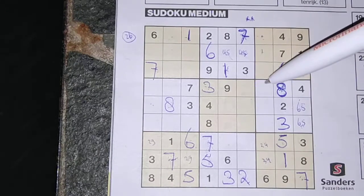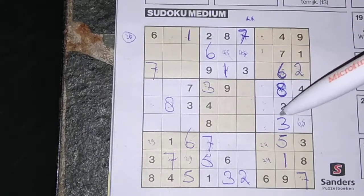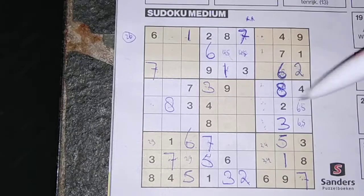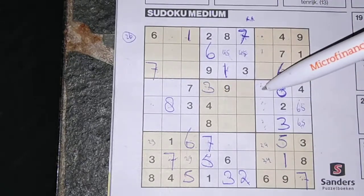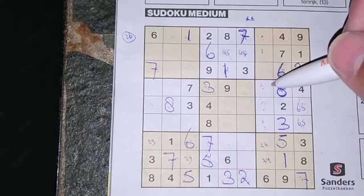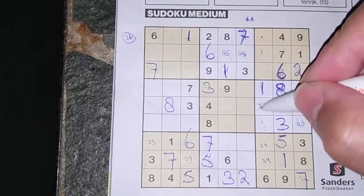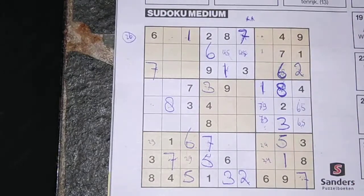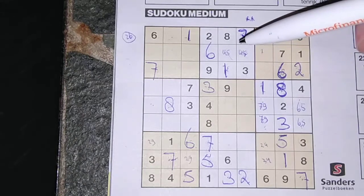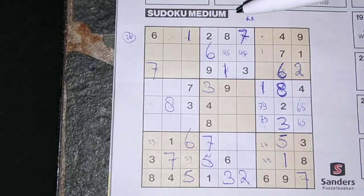Then 3 missing numbers in this big square. The numbers are the 1, the 7, and the 9. I see here the 7 and the 9, so no 7 and the 9. In this box, that means 1 digit left for the 1. The 7 and the 9 goes here as a pair. A lot of pairs, you can see that. Alright, so now